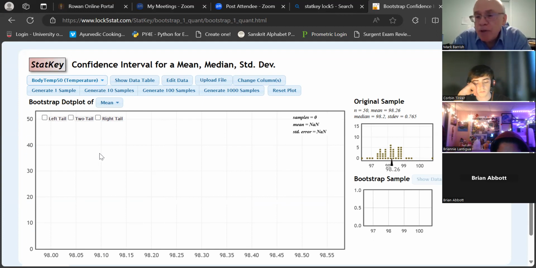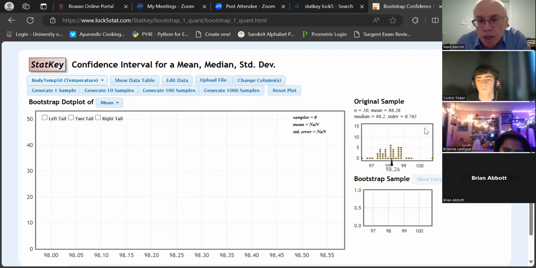And you've been told since you were young that the average normal temperature is 98.6. But you probably know from your own experience that that's not necessarily your normal temperature, right? Some of you run a little bit higher than that. Some of you run a little bit lower, and you know that's your baseline. So everybody seems to have a different normal body temperature. So anyway, there was a sample done of 50 people with their body temperatures, and off to